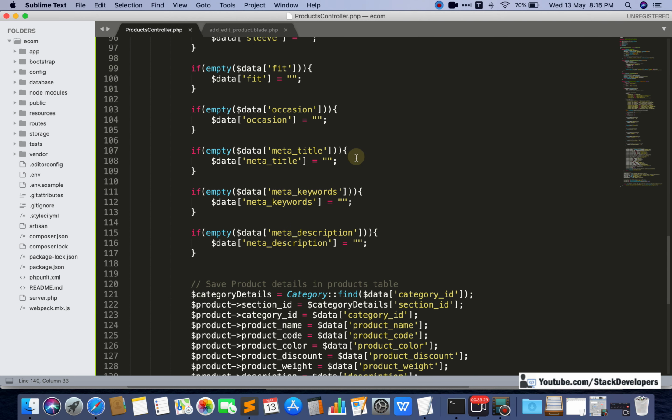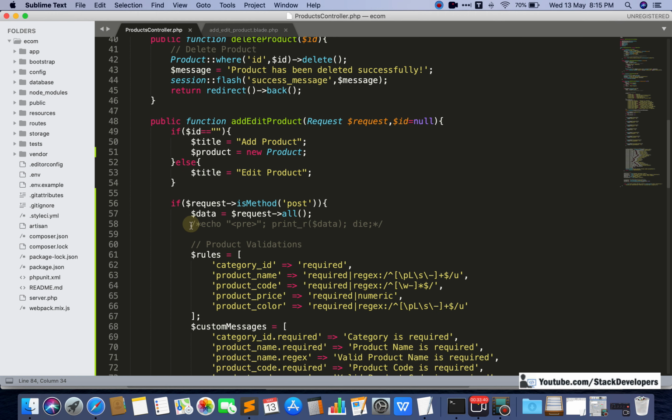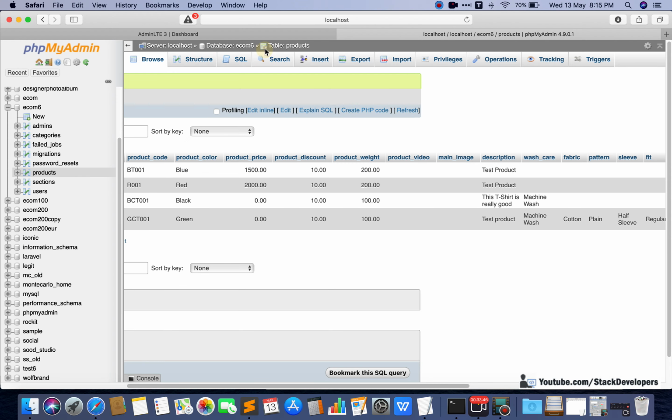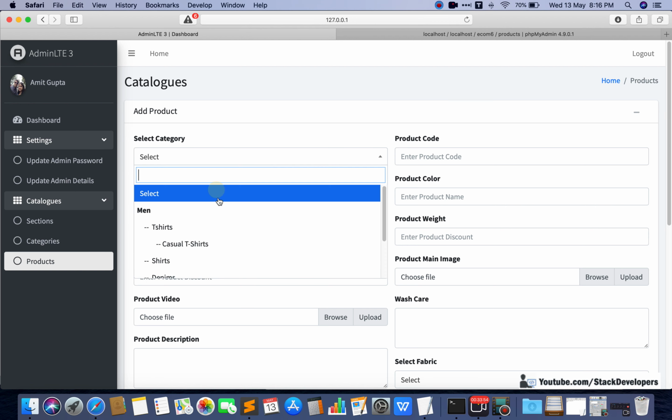So I'm going to check here. Okay, is featured is empty, then 0, otherwise is featured is 1. Okay, so I'm going to debug once again here, whether all the data we fill is coming fine or not. Okay, but this time I'm going to add only the data that is creating issue. Okay, so I'm going to add the data once again.